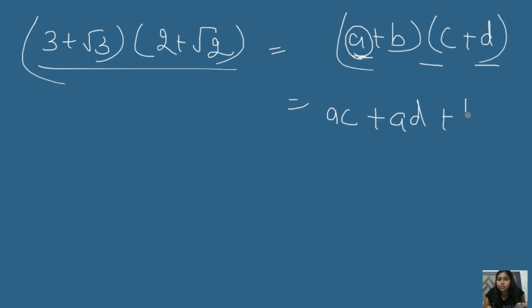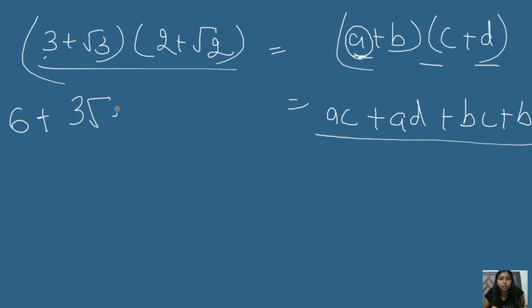So in a similar way, we have to do this with rational and irrational numbers. We just have to multiply 3 with 2, like 3 multiplied by 2 is equal to 6, plus 3 multiplied by root 2 is 3 root 2. You just have to write like this. Then 2 multiplied by root 3 is 2 root 3, plus, when we multiply the two irrational numbers, the root